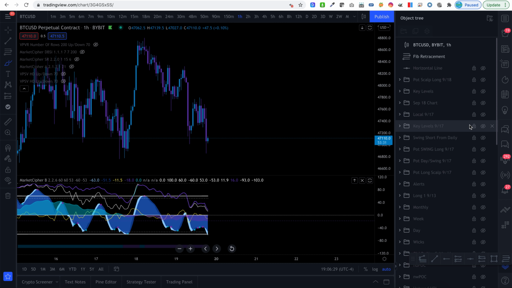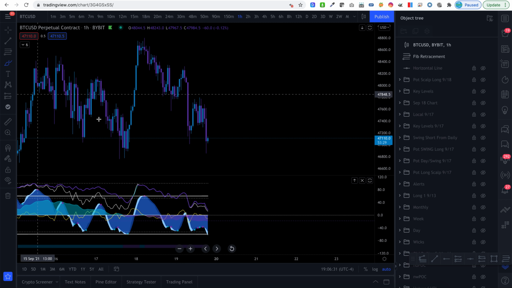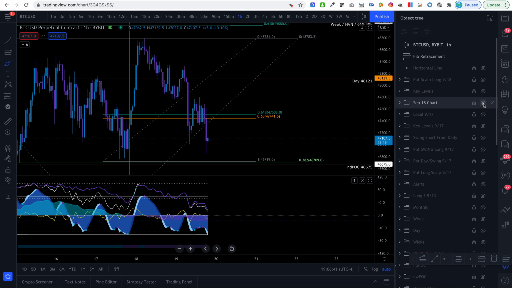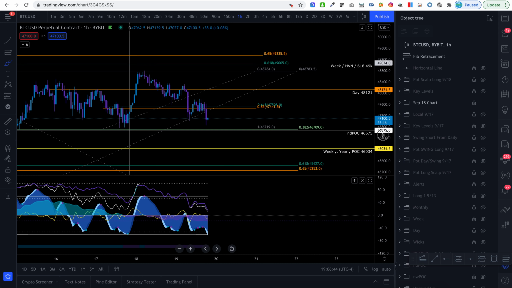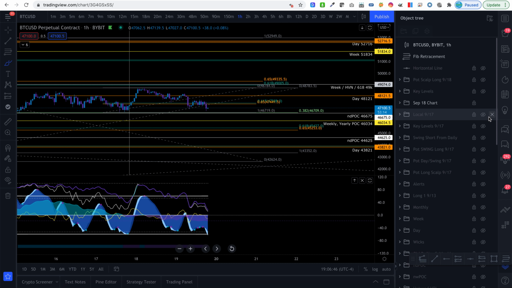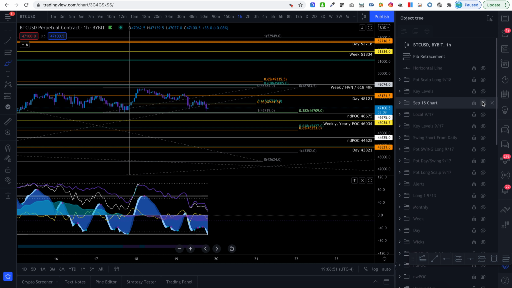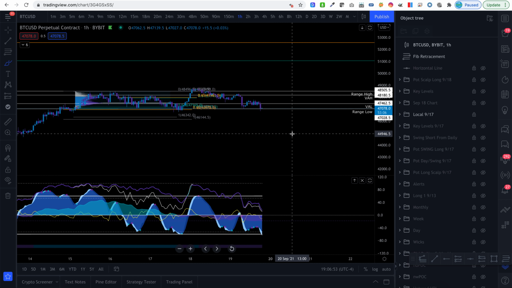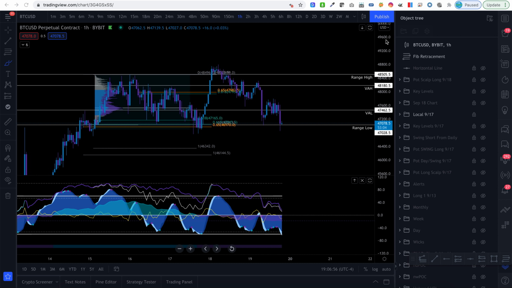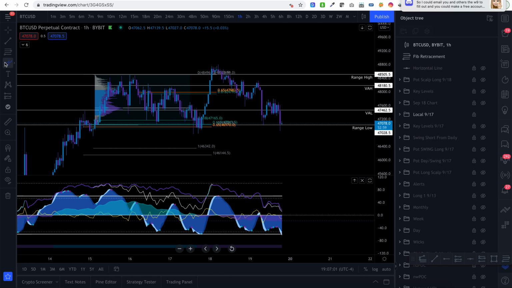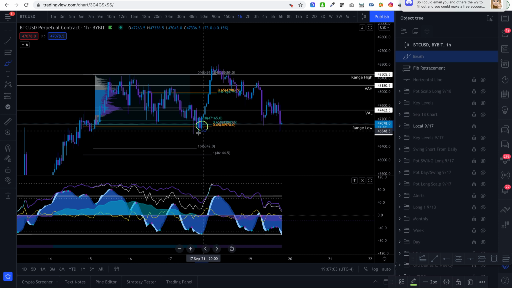So, if you find yourself struggling to know whether or not you should plan for a swing trade or a scalp trade, I recommend you go through these 3 steps here. Also, if you don't know technical analysis and you want to learn how to mark up a chart like this, so that you can find these important levels, these important areas where you can be looking for trades both on a macro term, like this is my swing trade chart, and then here, this was a few days ago my scalp trading chart, where for the day, these were the levels that I was looking to trade. This is actually how I was able to find this trade setup right down here,